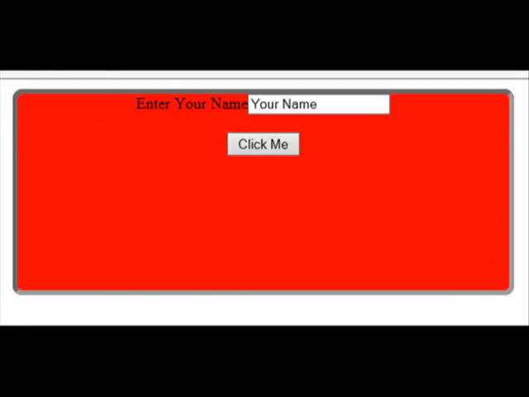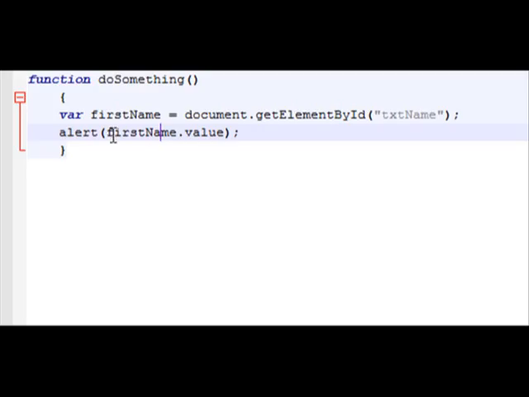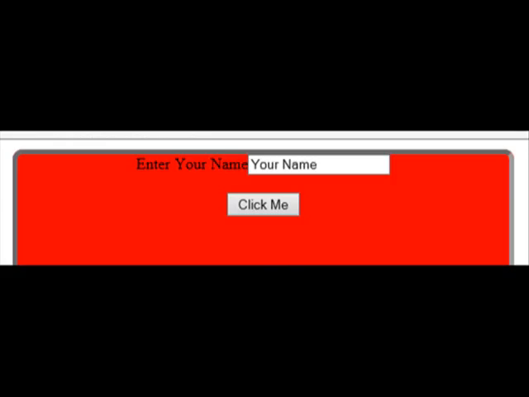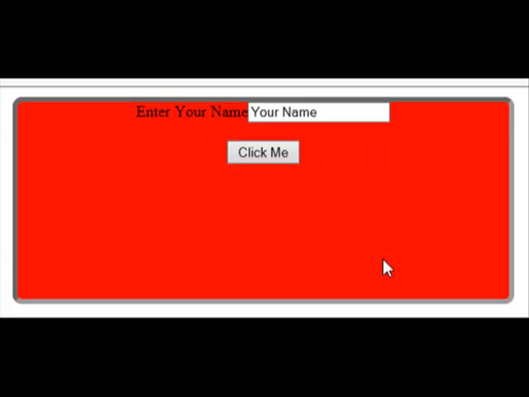Let's not just put the name, let's say hello and plus. Okay, in JavaScript, plus is concatenation. Okay, in other words, it puts two strings together. So now the alert will be hello plus whatever name is in there. So if we go back and refresh my screen,